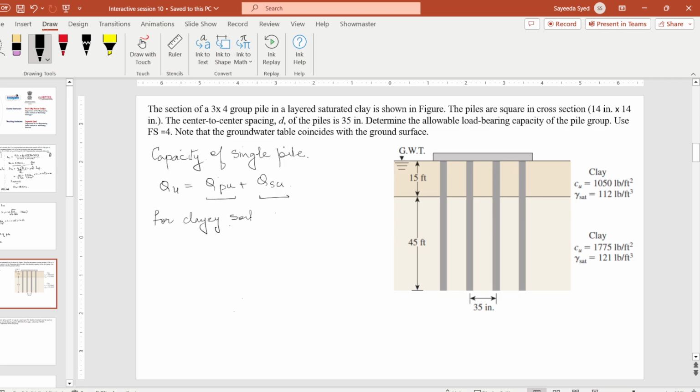In clay soils where phi equals 0, as we had mentioned, our end bearing capacity is c Nc plus q Nq plus half of B gamma N gamma, and this last term we ignore in piles, and for phi equivalent to 0, Nq equals 1 and Nc equals 9. So we take the Qu,p equals 9 times Cu,